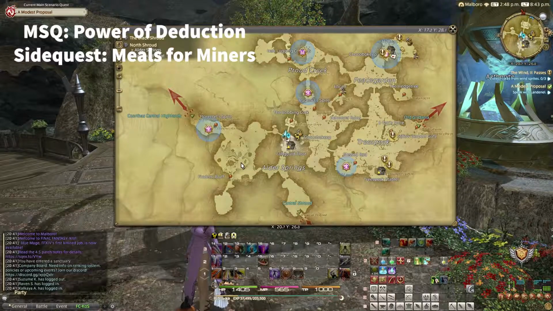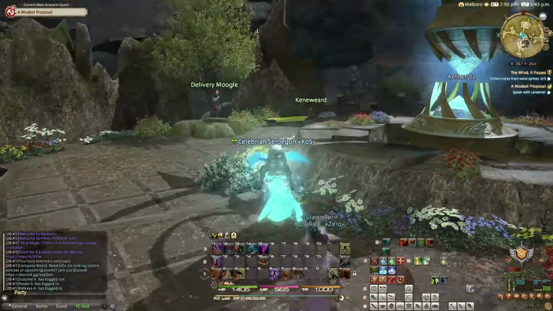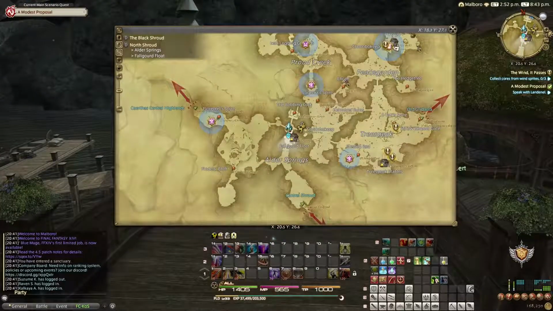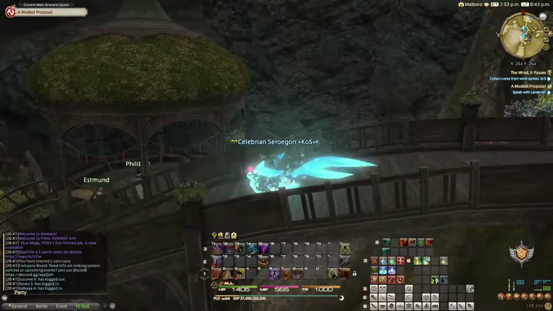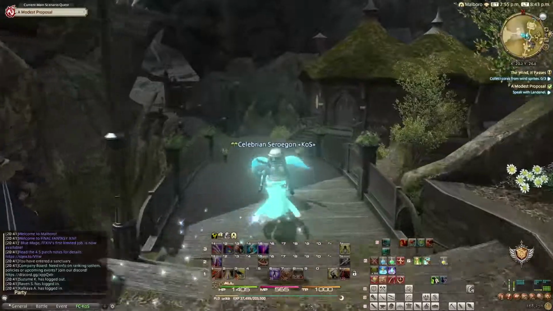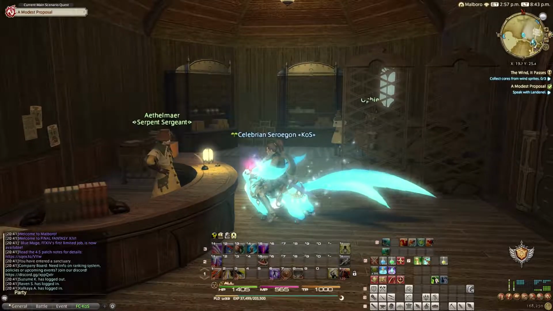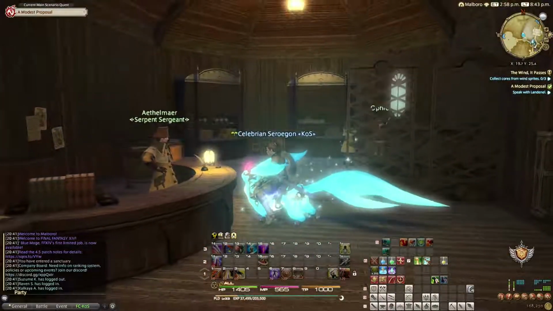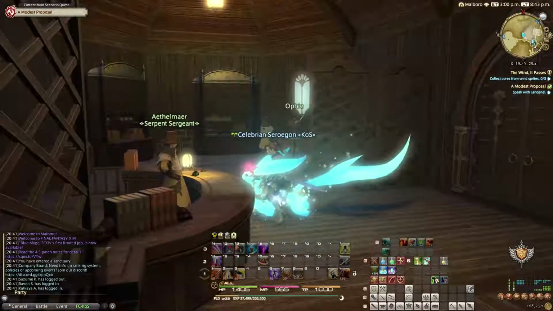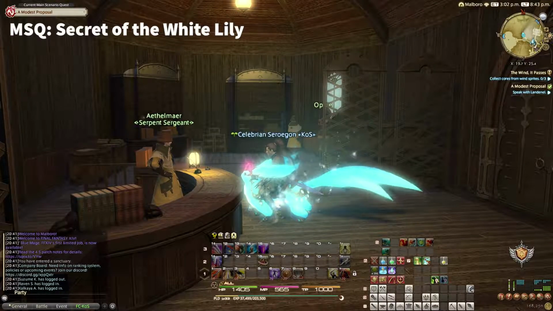So we had to deliver lunch over there and then fight an eyeball thing for the main scenario quest, and while we were over there we ended up finding a mangled body. Lovely. And then after we did that we had to report to Aethelmar here, and he told us that he spotted a lily button that was similar to ones found on previous corpses,